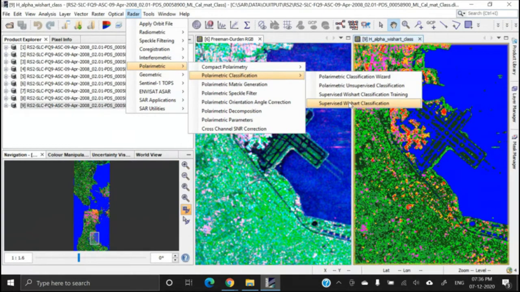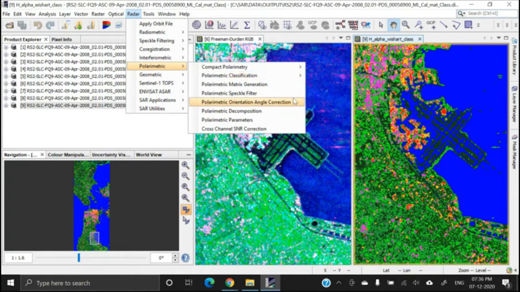However, I will explain how to do this particular classification. It may not run, but definitely the entire process will be explained. In the earlier version, it was running properly, but in this particular version and in the new version also, version 8 or 10, I think, the same problem is there.